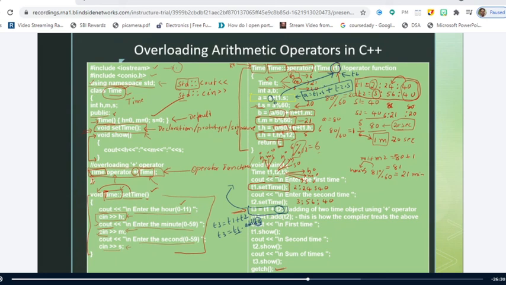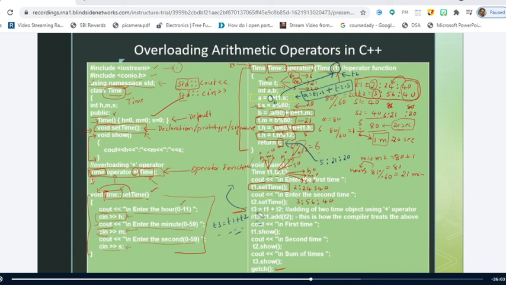Yes, sir. So after making all the calculation, the result is 5 hours, 21 minutes and 20 seconds. Where am I storing this result? Yes, sir, in the t. I'm returning this t, and the returned value of t is stored at this point as t3.